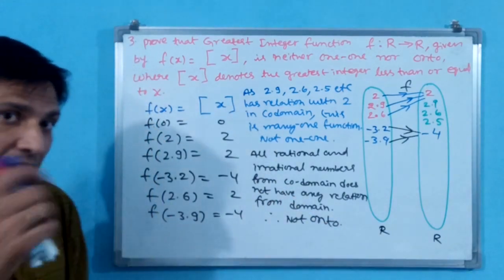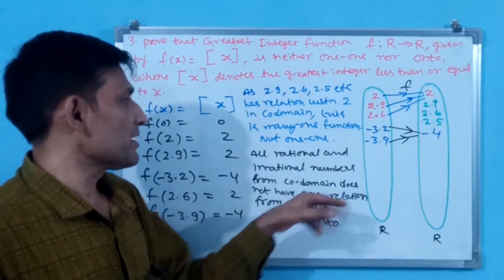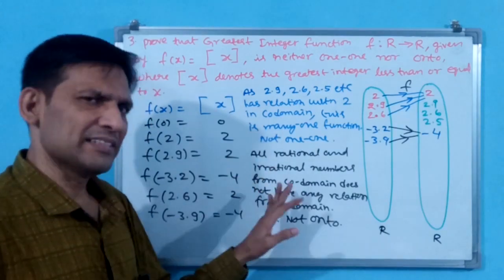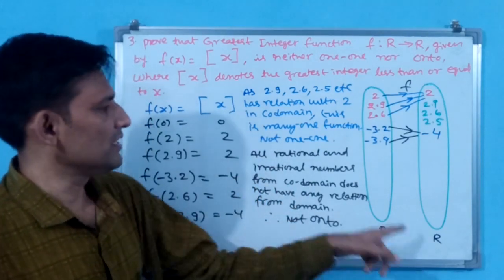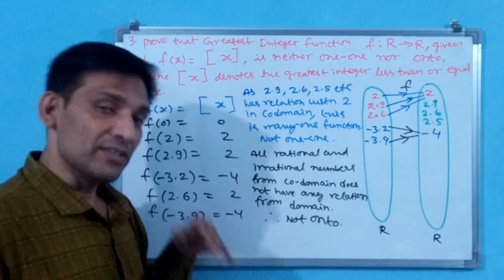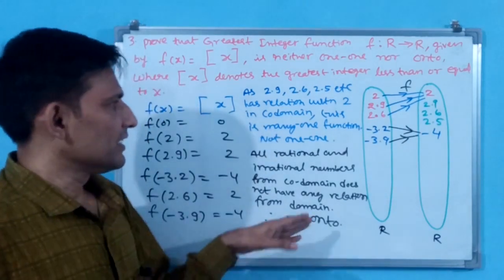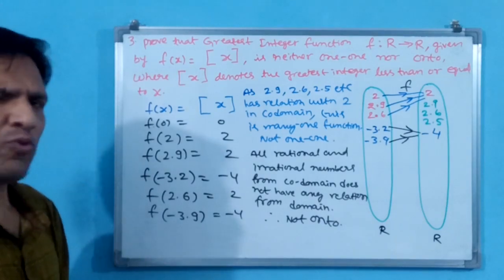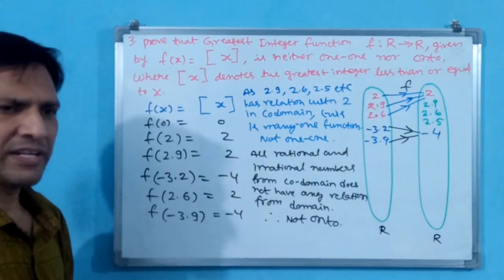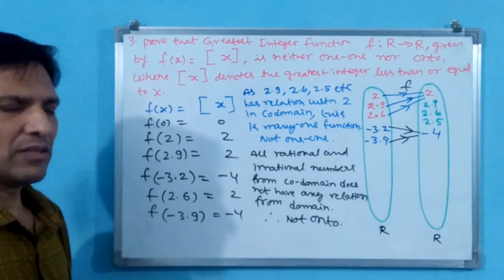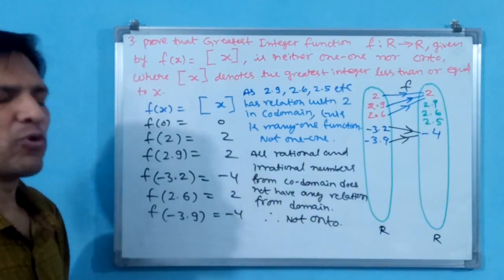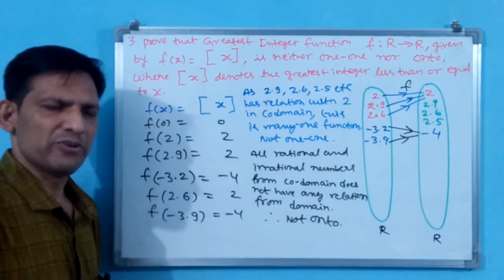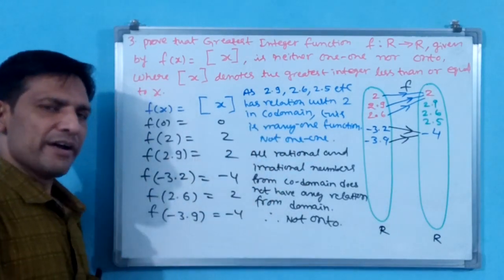See here, you may ask me logically, sir, rational means 2 also rational number, 2 by 1 means. See, examiner will accept it. This is not wrong. Why? Because see, 2, 3, 4 are integers we will take. And 2.1 or something, 2 by 3 something, we take as rational number. Irrational means root 3, root 2, root 7, like that. All those, 3.14 or something, whatever it may be, 22 by 7. All you know. Please watch my basic videos. All I have explained regarding numbers also.